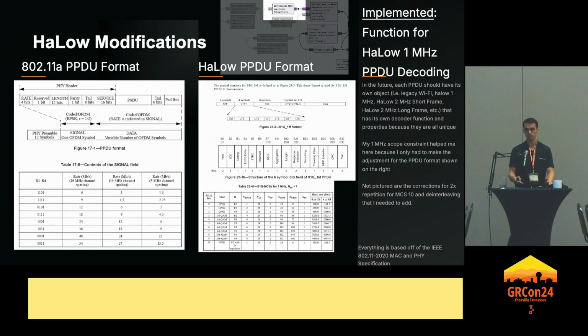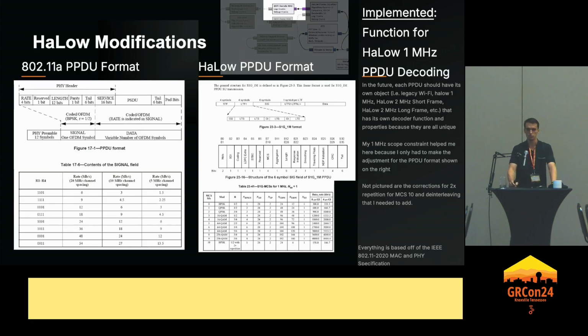But I did see that if I was able to get reliable bits out into the signal field, it would have been fairly straightforward to then take that a step further and get actual information from the data field. And I was testing this all with unencrypted data, so I should have been actually able to kind of see this in plain text flying over the air.